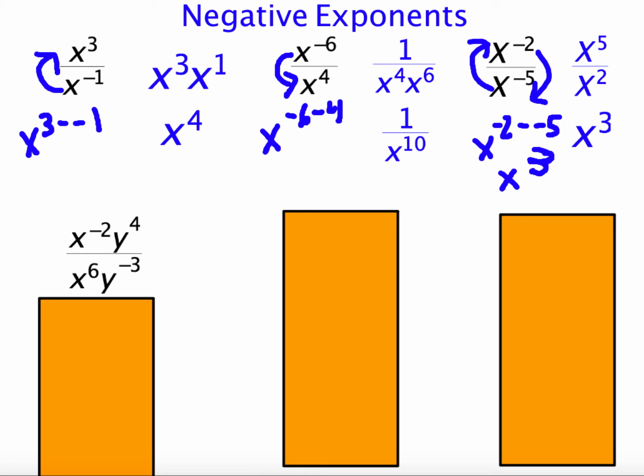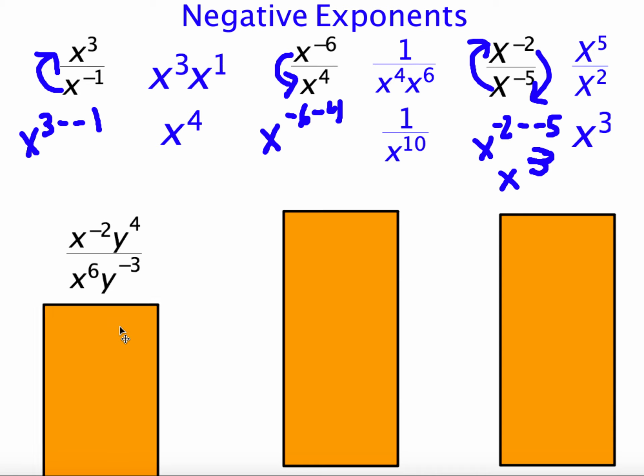All right, 4th entry on your table. Now we have 2 variables, x to the negative 2, y to the 4th divided by x to the 6th, y to the negative 3. Write that on your paper and press pause. Coming back,